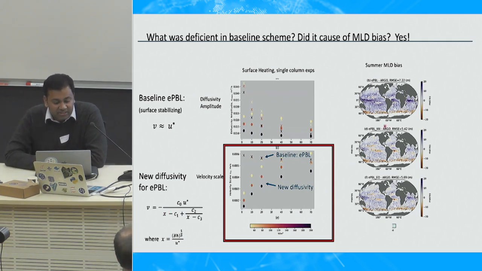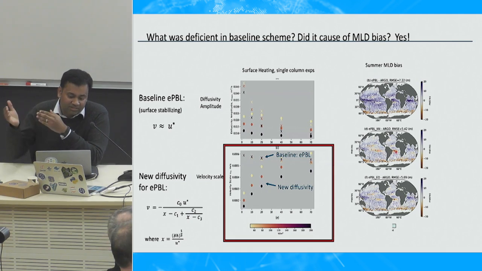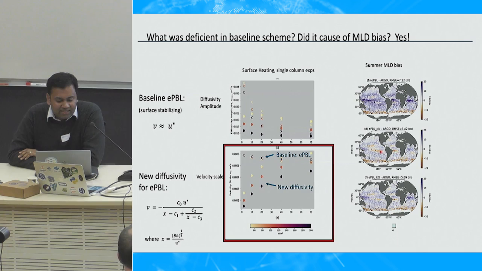And probably this is the reason why the baseline scheme was mixing more than required in the tropics, where we have strong heat fluxes. And by having the new diffusivity which appropriately reduced the mixing, there was a fixing of the bias. So I think this is the most probable reason of why there was a